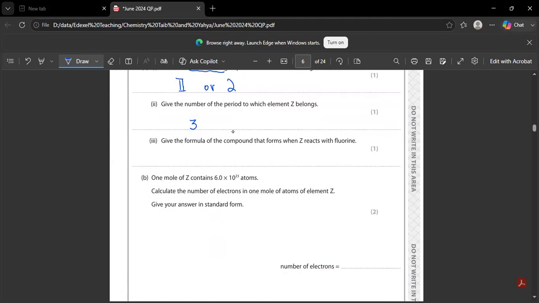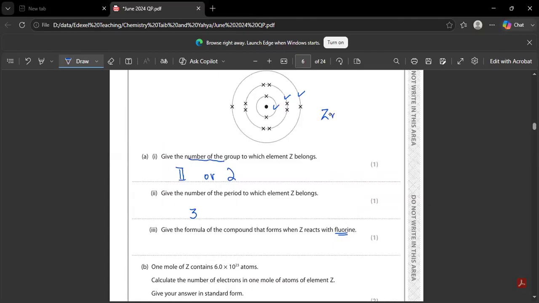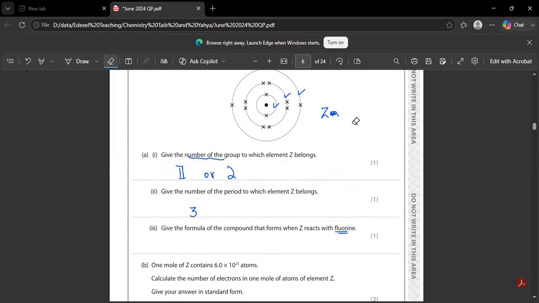Give the formula of the compound that forms when Z reacts with fluorine. Since it belongs to group 2, and all group 2 elements are electropositive elements, they exhibit a positive 2 charge, okay? Therefore, when they react with fluorine, oh, it's not zinc, sorry. It's not zinc. So when it reacts with fluorine, it will form